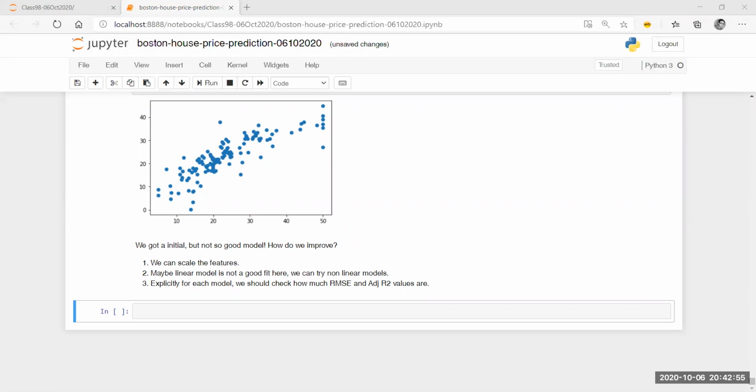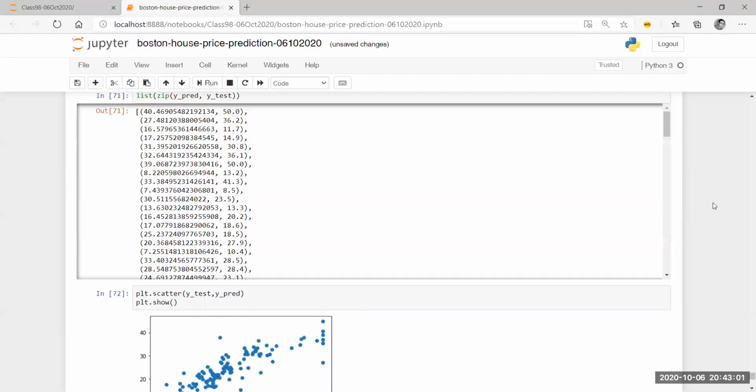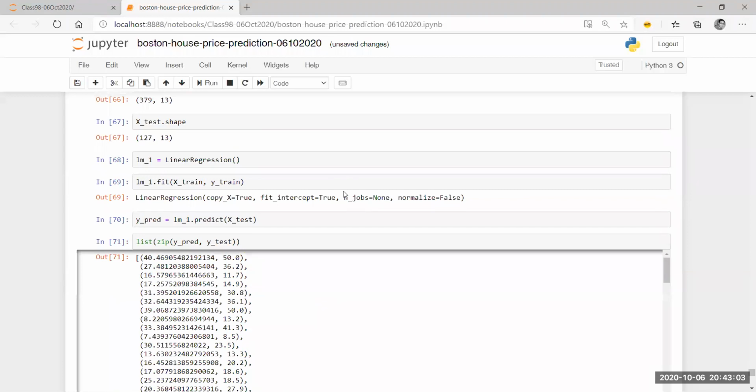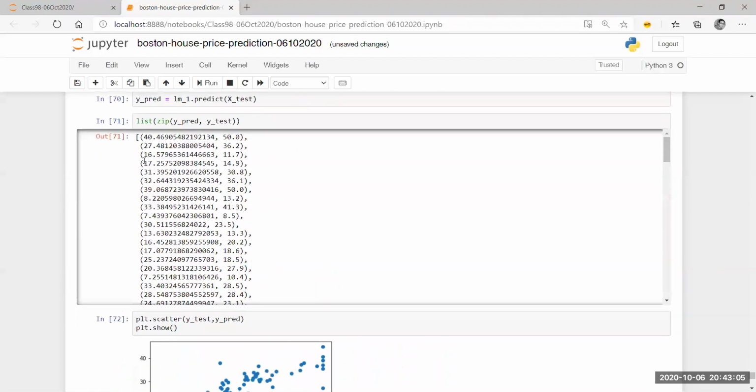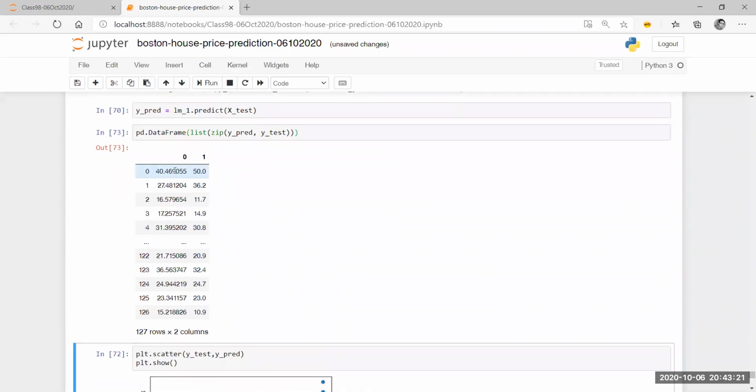Okay, then let's give it a start. So basically, until last day, what we have done is we have got our model, right? From a manual inspection, we can see that these are the predicted values. The first row is the predicted value. The second column is my actual value. Can I convert this into a data frame? Let's see if I can do that. Then I can show it like this.